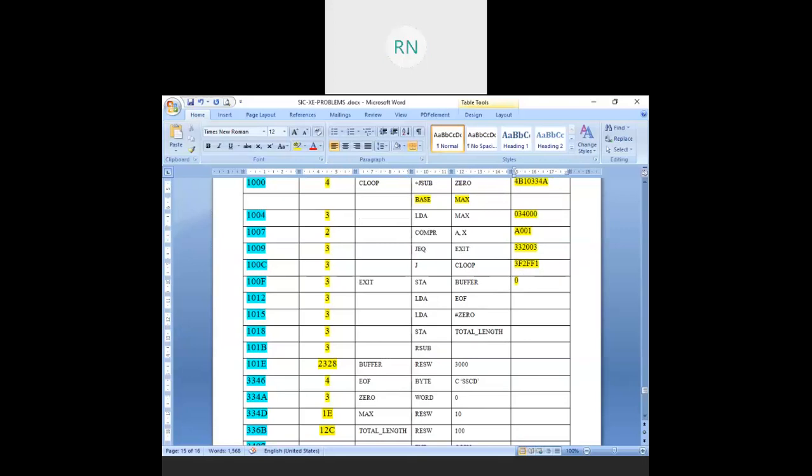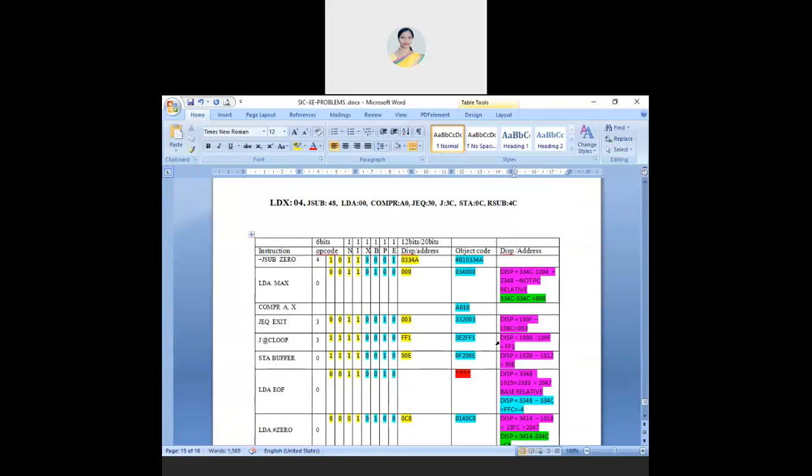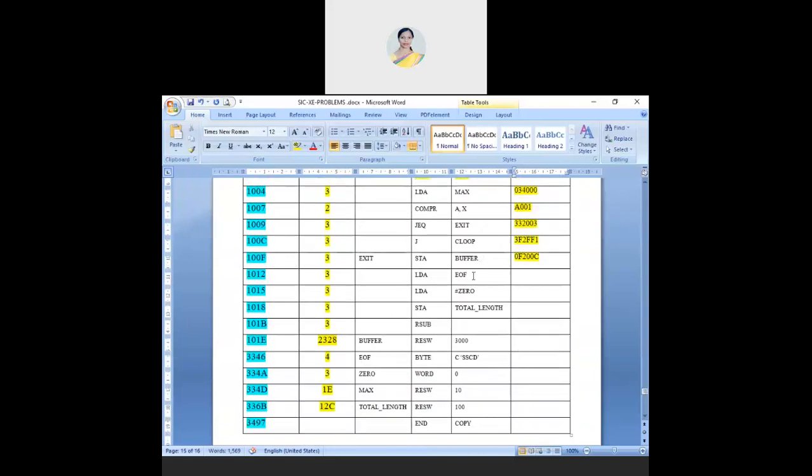0F2, 00C. Okay. What type of addressing is it? It is normal PC relative, right? Okay. Next,